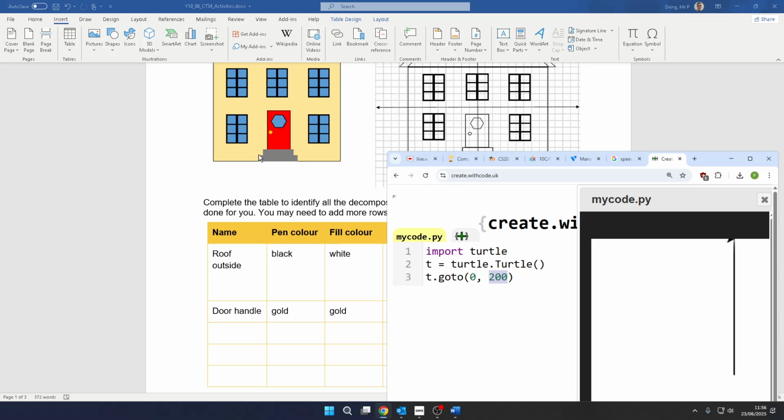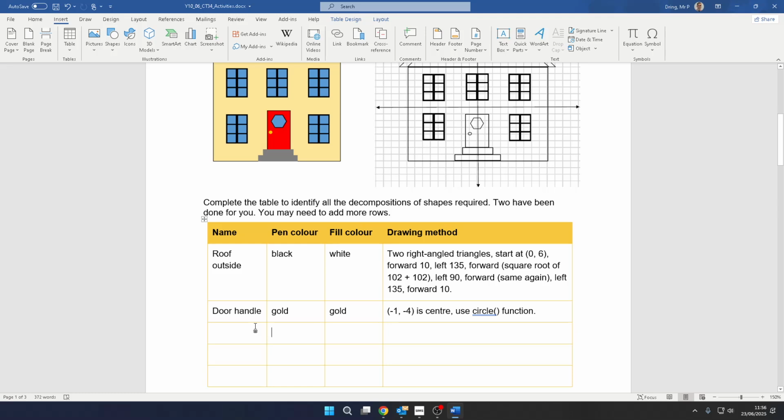If I wanted to draw a grey rectangle for the bottom of the door, I'm going to say pen colour is going to be grey. I can never remember the spelling. I think that's the American way and that's the British way. So I've got to be careful, because typing in the colours in Python needs to be spelt the American way. The pen colour and the fill colour are both grey, and I would like a rectangle